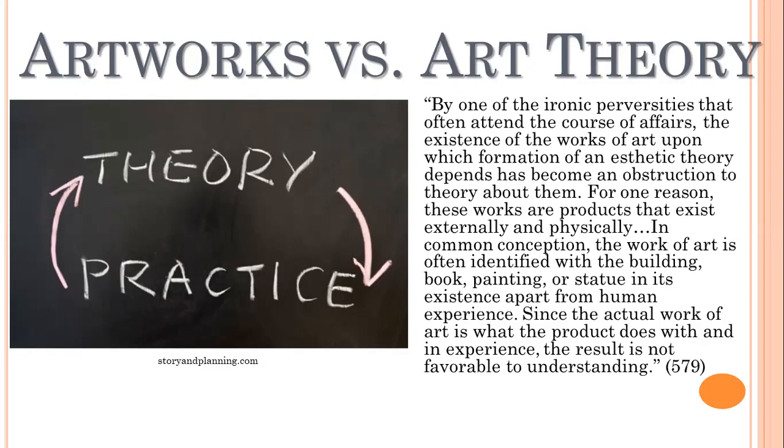So that last sentence, the actual work of art is what the product does. This is something he kind of glosses over throughout most of the book. We're going to get into more details, I think, towards the end in some of the final lectures on Dewey. But when he talks about an artwork and an art product, he has a distinction, right? The artwork is this experience, okay? So when I'm actually enjoying the piece of music or the painting in the museum, that's the artwork. When I see it and I enjoy it and it's doing its job as an aesthetic work of art, that experience is the artwork.